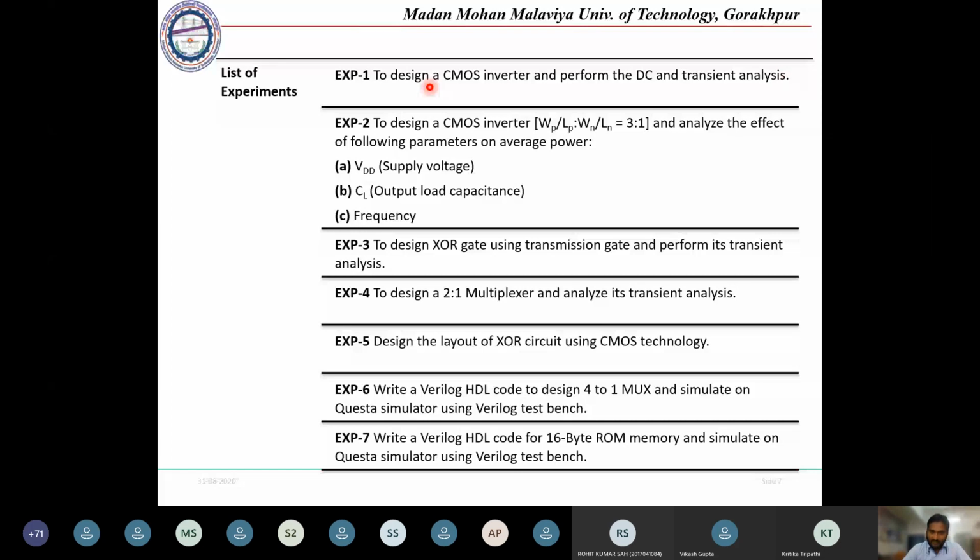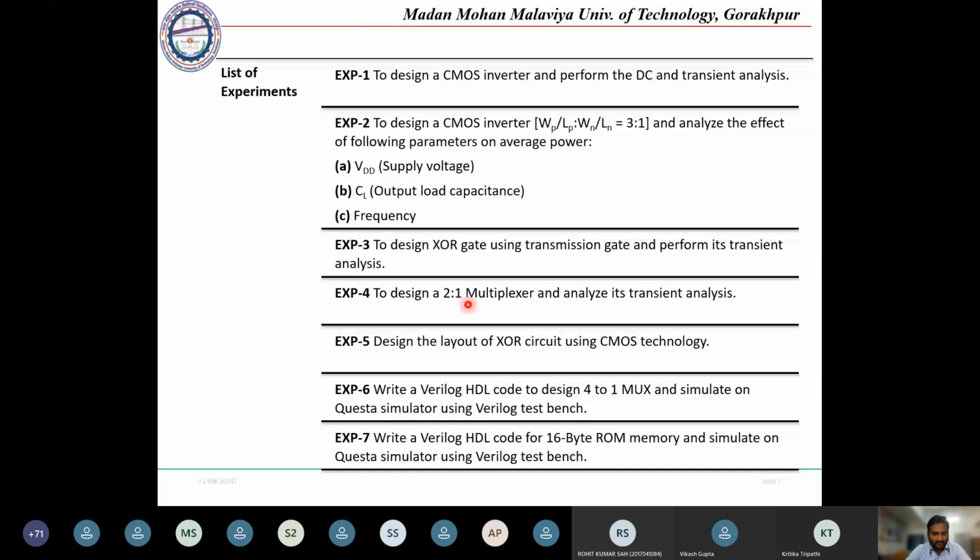So in the lab part, we will be designing different CMOS circuits, starting with the CMOS inverter, because in the theory part also we started with inverter designing. The inverter is the basic circuit in VLSI design, so we will start with the inverter circuit. Based on that, we will go for higher circuits, like designing an XOR gate using CMOS and doing the same performance analysis, DC and transient analysis.